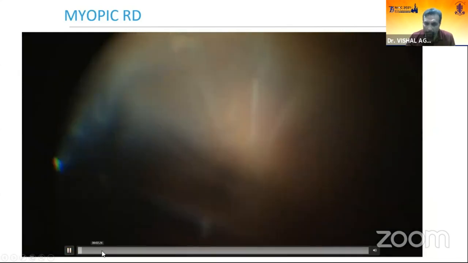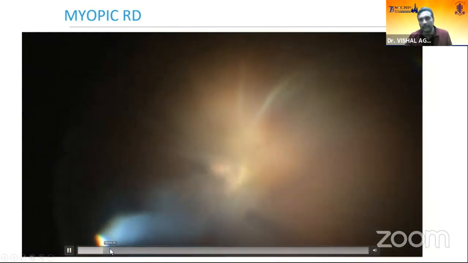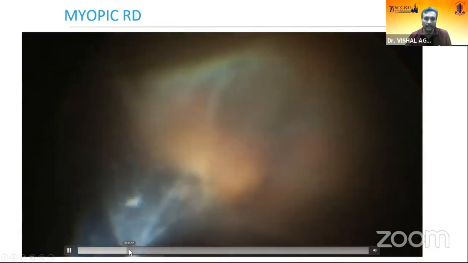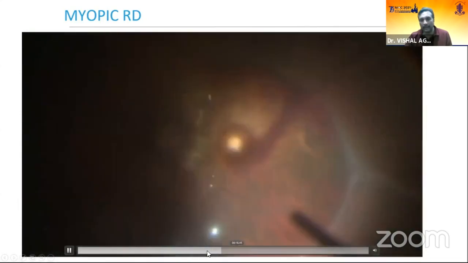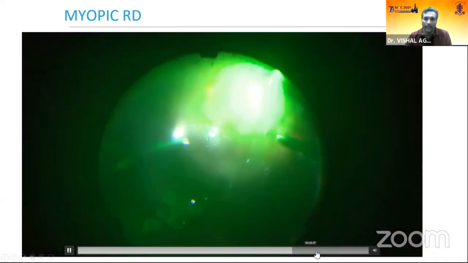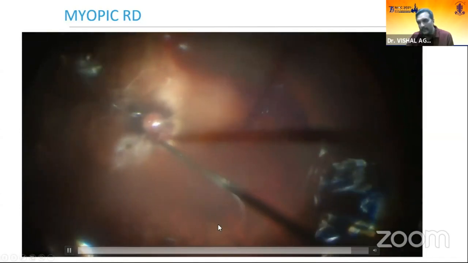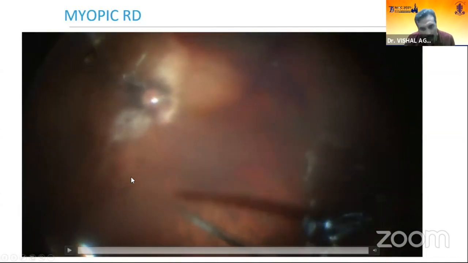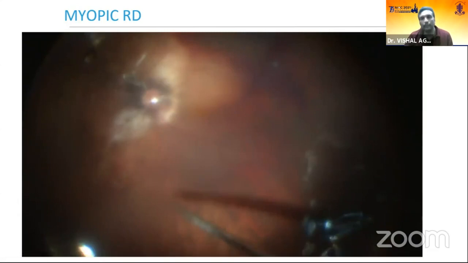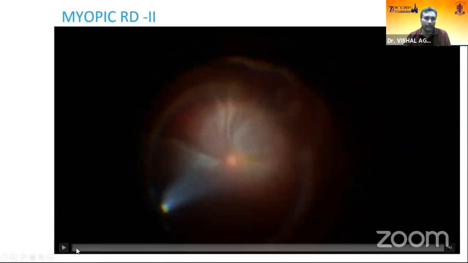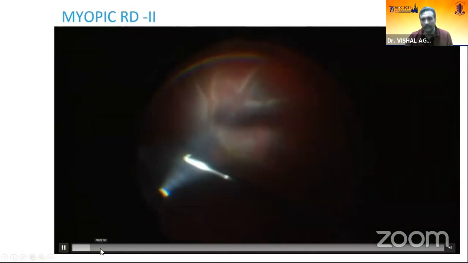Myopic RDs are very prone to hypotony and its insults, and they frequently lead to choroidal bleeds. As in this case, you can see immediately after starting the surgery, there is a streak of blood submacular, but the amount of the blood after injecting PFCL did not increase, and so we continued the surgery and did not drain it. And at the end of the surgery, the amount of blood was the same, and post-operatively after a week or so, it disappeared. So a small amount of bleeds are common in myopic RDs, and they don't need to be removed.